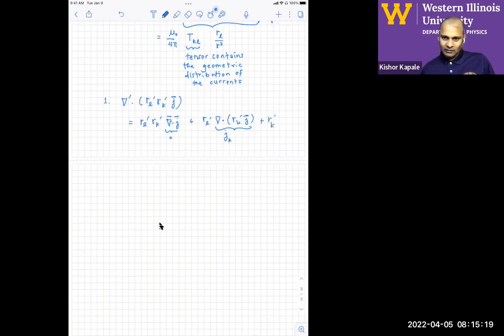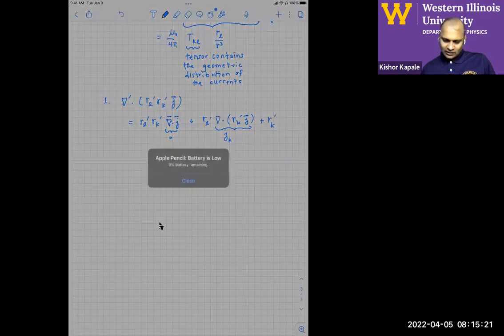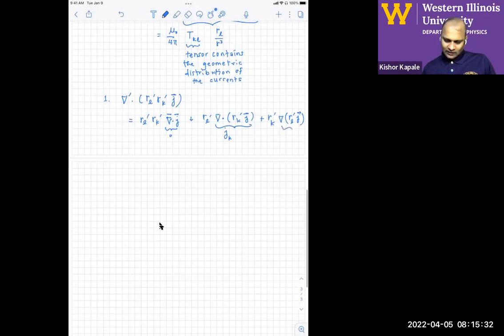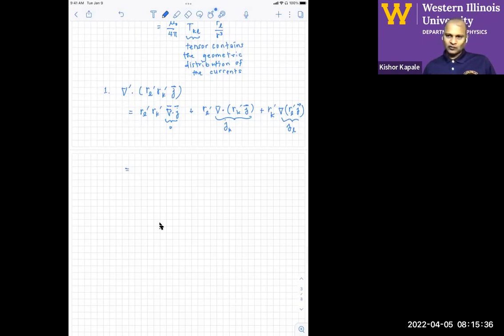Now we will have r_k prime outside and divergence of r_l prime J, and that's a whole J vector. And this is going to be J_l. So we actually have a proof of that we did in the previous lecture, so you could take a look at that. And so the message here is basically,